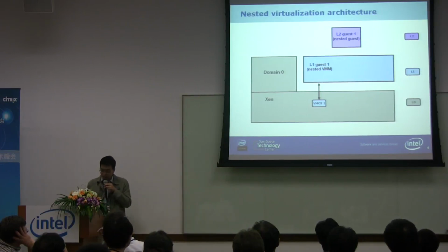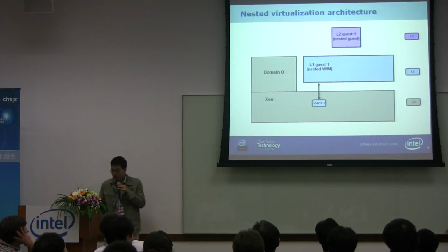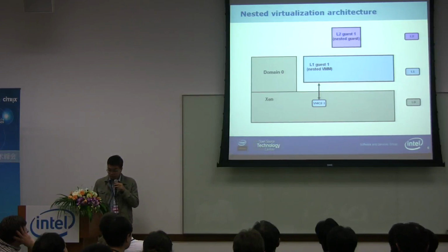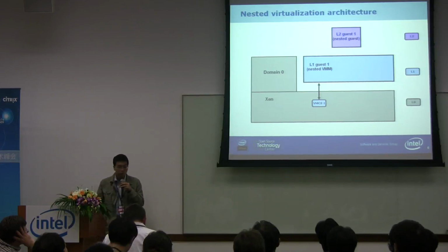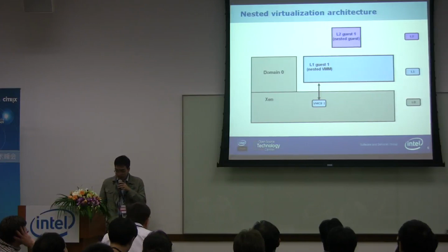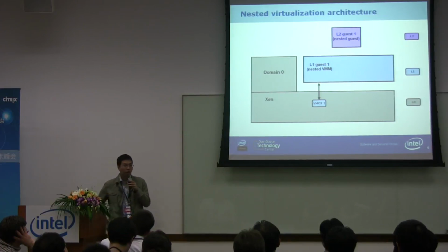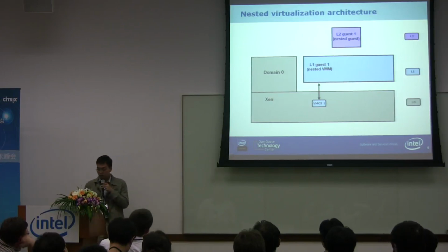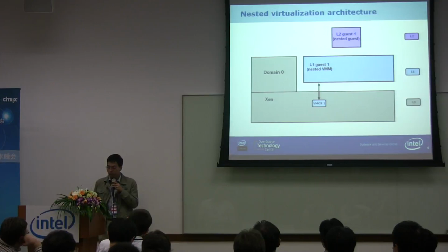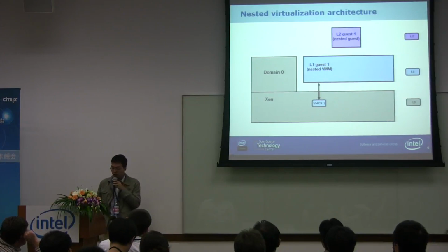I put these layers into different level numbers. For example, the Xen VMM itself is a level 0 VMM, and a normal guest is a level 1 guest, and the nested guest is a level 2 guest. It can also be referred to as the VMM, the nested VMM and the nested guest. I may use them interchangeably in the following, where I just need to find a notation or terminology that can best express the situation and what their